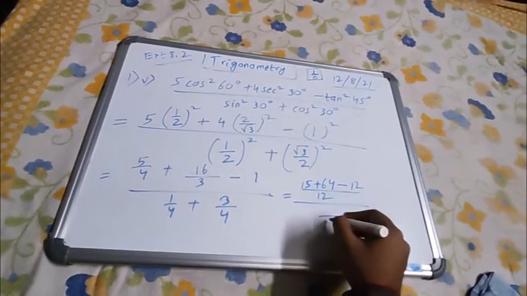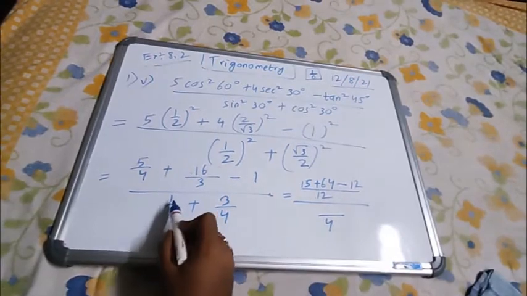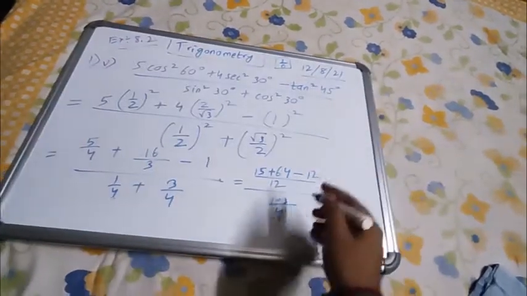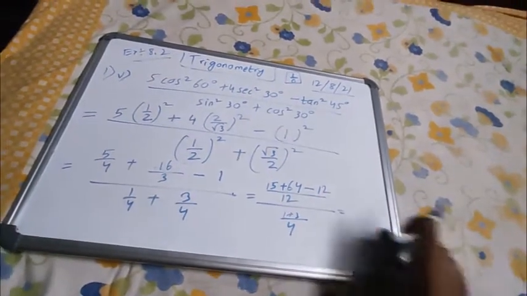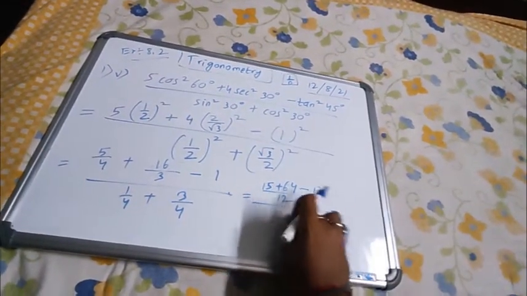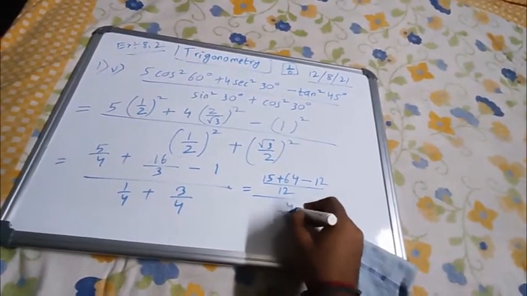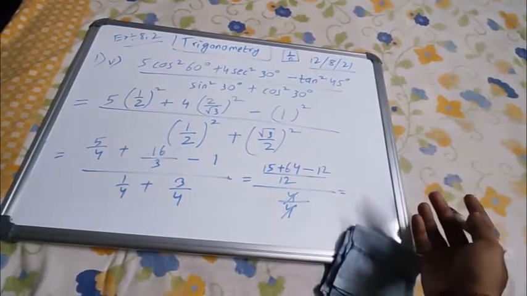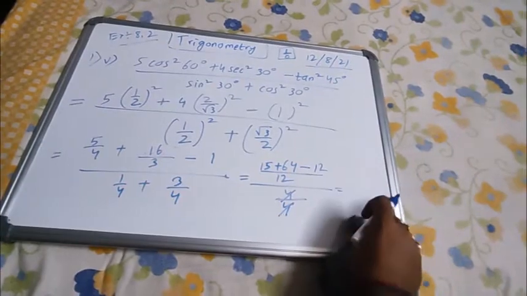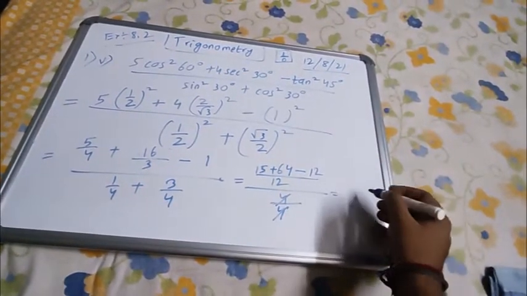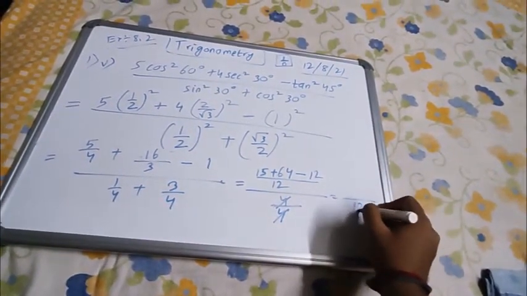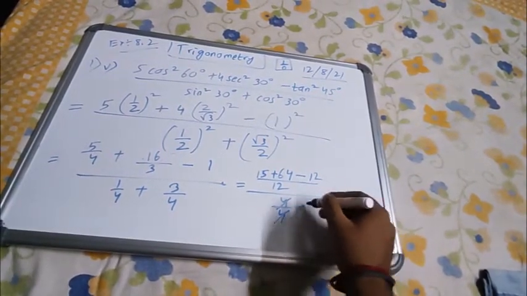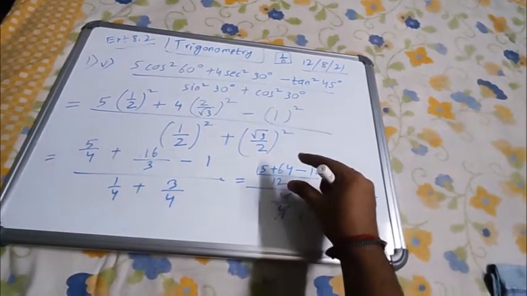And in the denominator we also have to do the LCM 4. Now the denominator is 1 plus 3, so that means it is coming 4 by 4. So 1 plus 3 means 4 by 4, which is actually 1. So we don't even need to write the denominator from the next step. We will just write the denominator as 12. So this part has become 1, and we only have to write the other part.